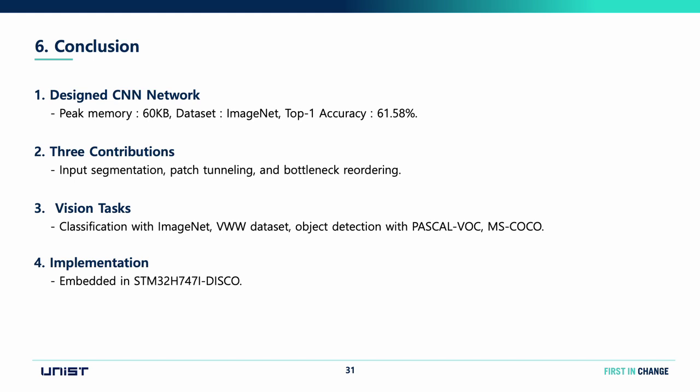In designing the network, we have three main contributions, which are input segmentation, patch tunneling, and bottleneck reordering. We have done vision tasks such as classification using ImageNet and VWW datasets, and an object detection task with the Pascal VOC and MS-COCO datasets. We have embedded one of our models in